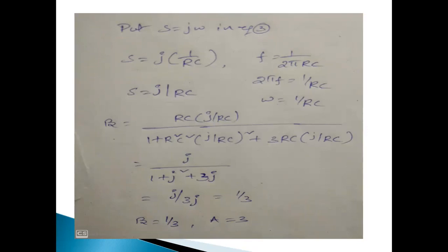In the similar manner, the feedback network gain beta is equal to 1 by 3. So these are the values for the Wien-Bridge oscillator. So these values satisfy the Barkhausen criteria. So this is the second condition. First condition is the magnitude of the loop gain is unity. That is the second condition. First condition is the phase shift around the closed loop is 360 degrees.